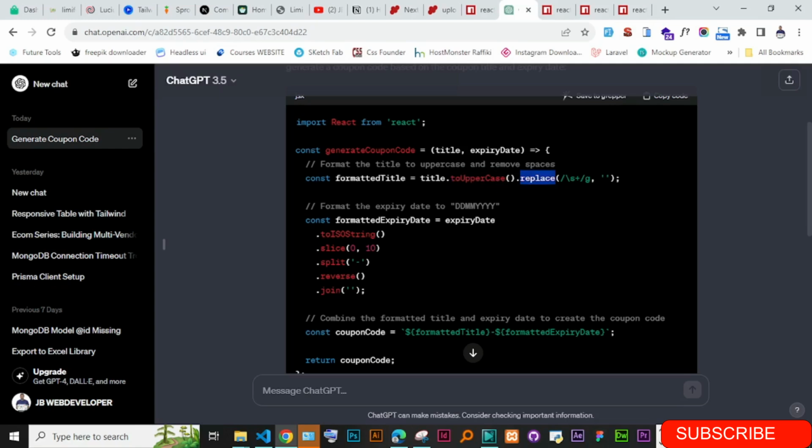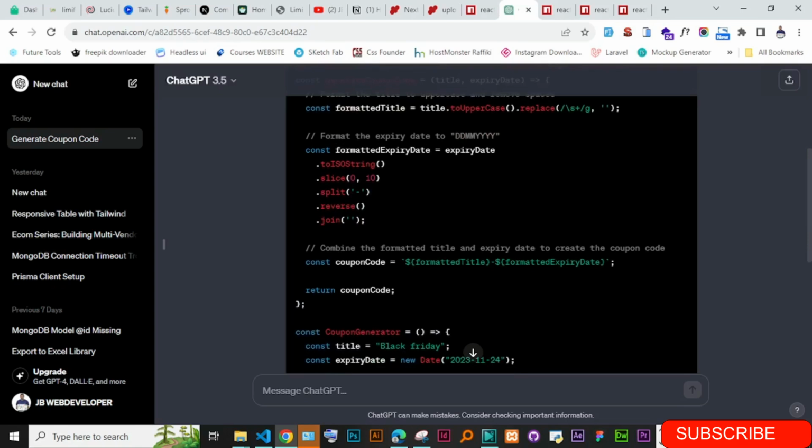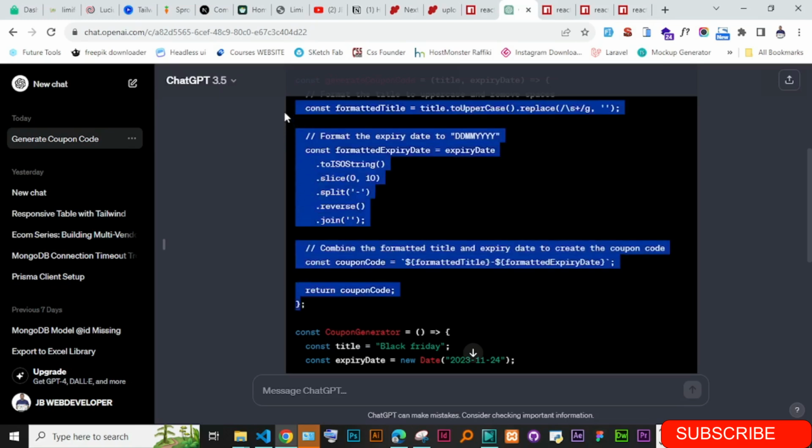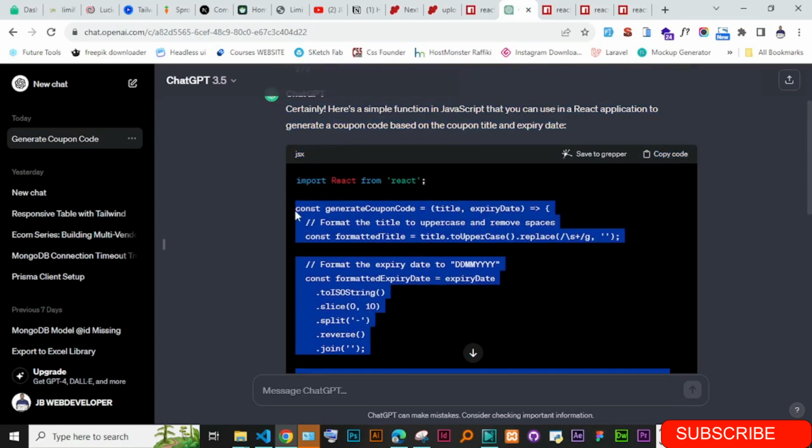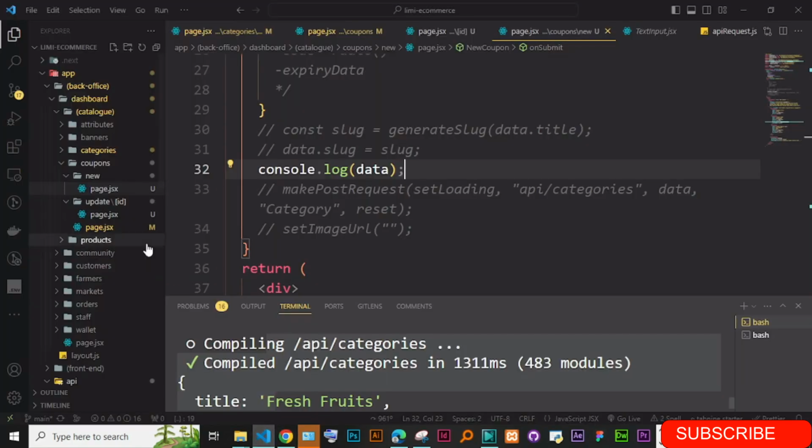Then it formats the expire date to an ISO string and slices it, and we have the coupon code made of the formatted title and the formatted date, and returns the coupon code. Let's have this and see if it generates anything. Just copy this, go to this,